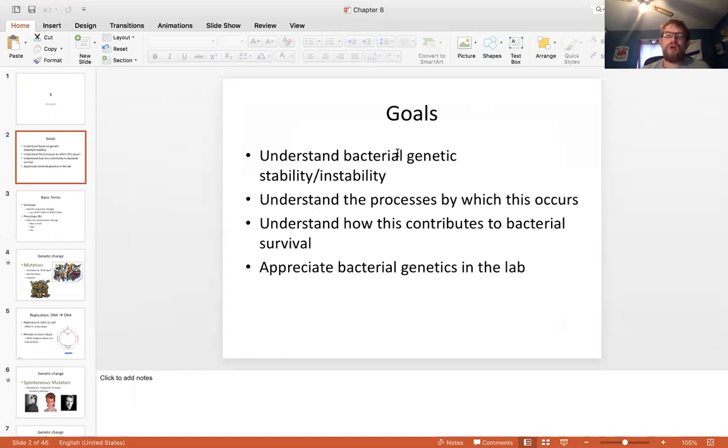So, we'll talk a little bit about genetic stability and instability, some unique features of prokaryotic cells that allow them to work and replicate very quickly. And truth be told, you'll see this in just a second, and this happens in us too. When replication is occurring, transcription is occurring, translation is occurring, mistakes can be made. Even in us, it's moving at a relatively quick pace.